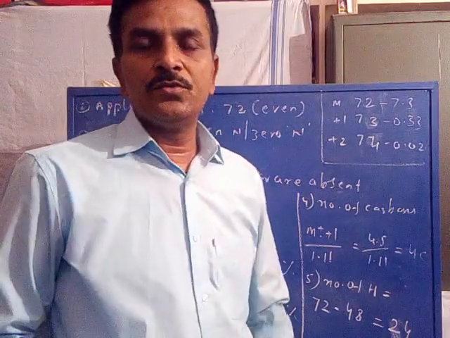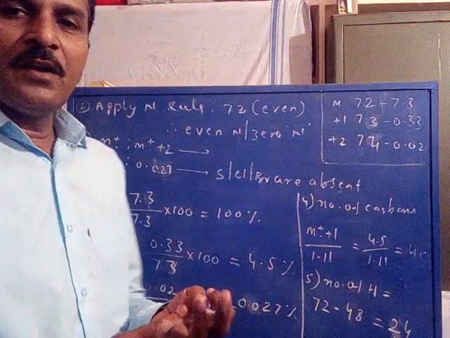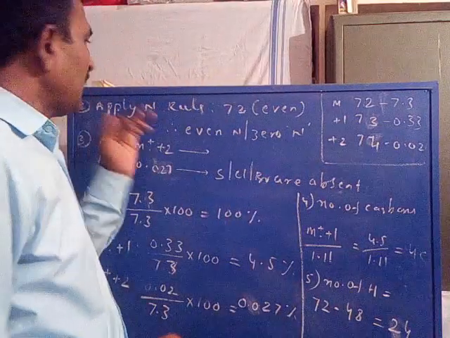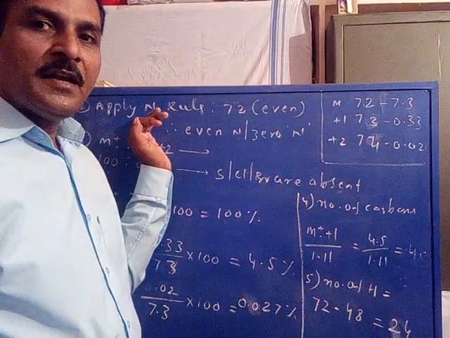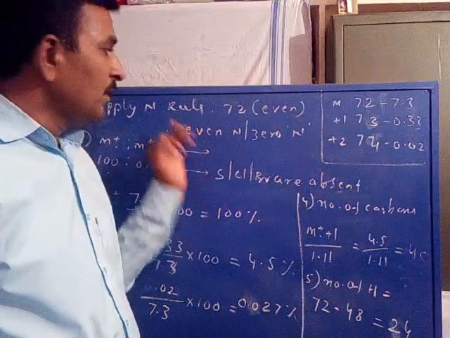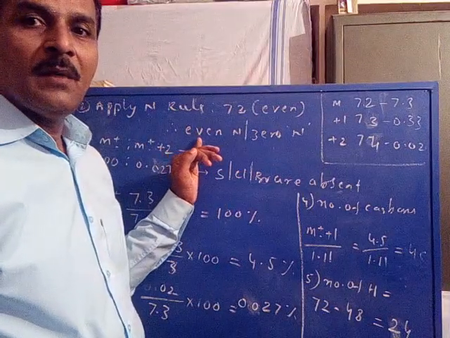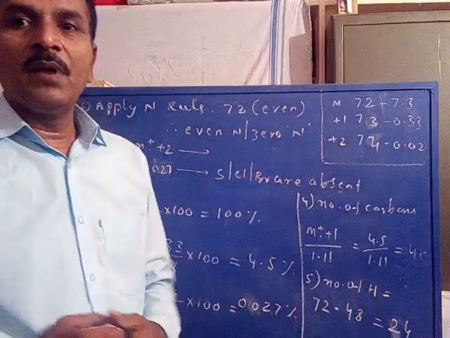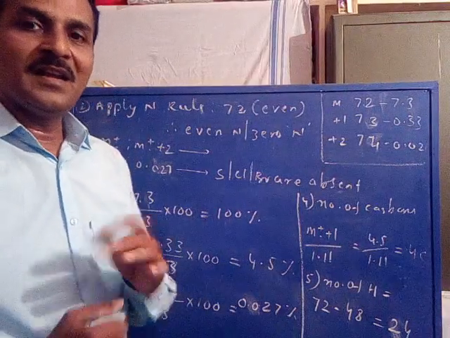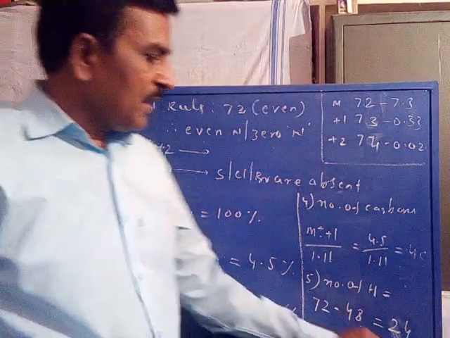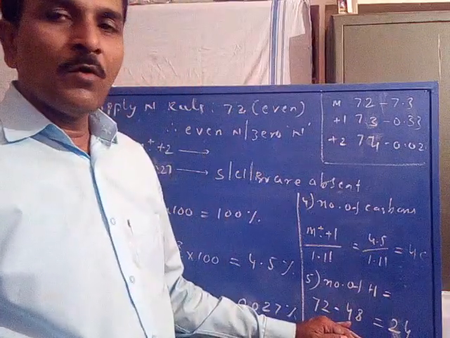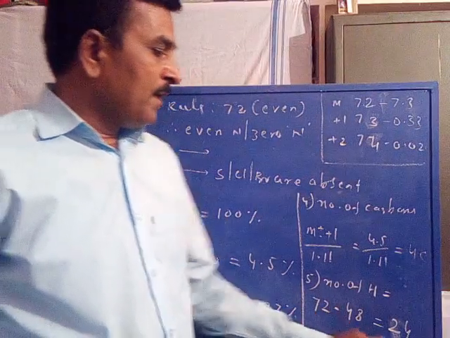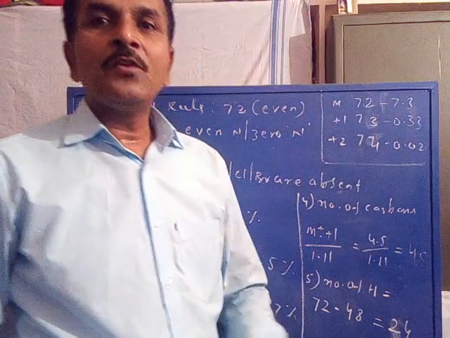We have two doubts. One is regarding nitrogen, the other is regarding oxygen. Now coming to the nitrogen rule. When we apply the nitrogen rule for this example, we got the information that there may be an even number of nitrogen or zero nitrogen. In that case, we have only a leftover mass after deleting 4 carbon masses from the m/z value of the molecular ion. The leftover mass will be only 24.